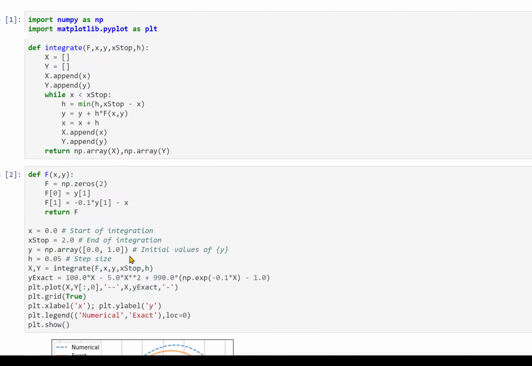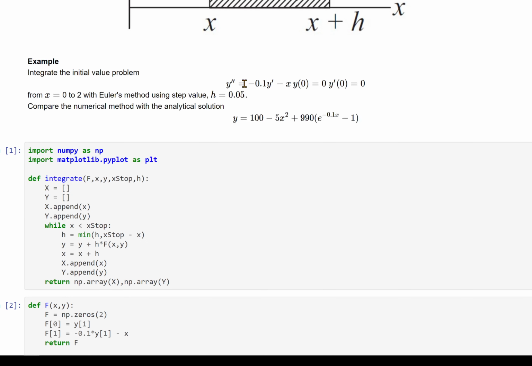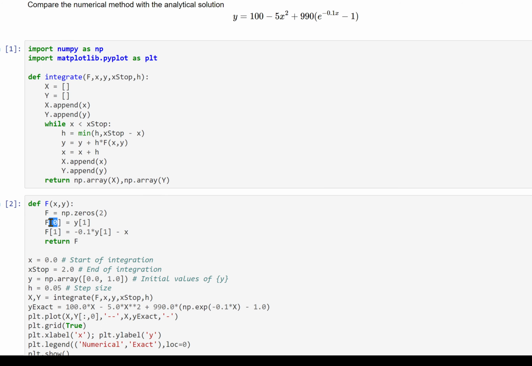Then you have the function here, our problem. You can modify this one if you have a different problem, but make sure that you have the f of 0. This one indicates